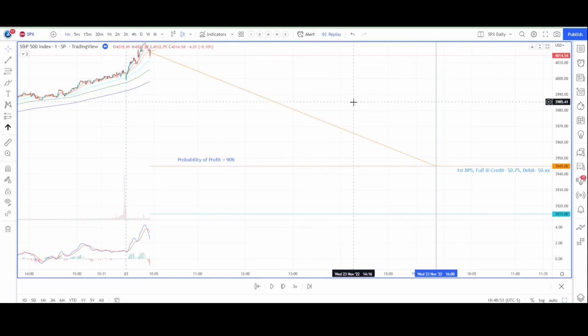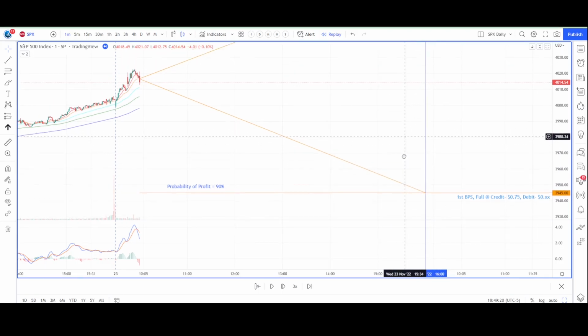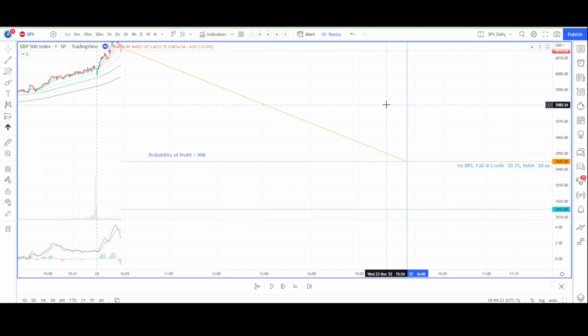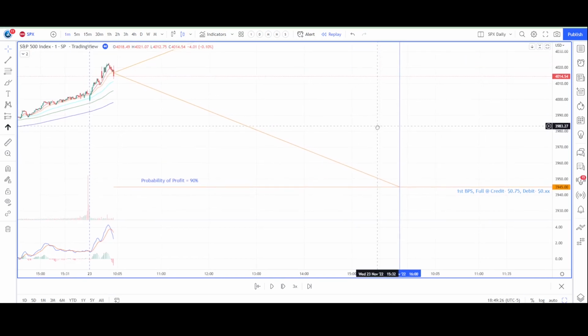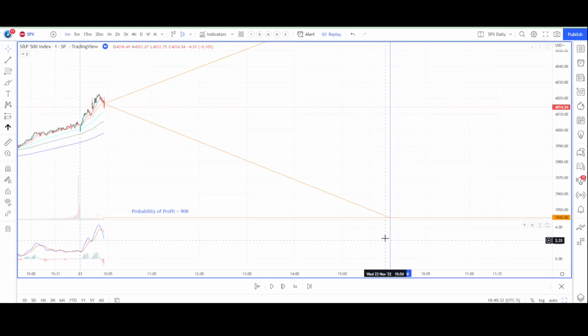Again, for this example, I received 75 cents for the spread. And let's just assume that my probability of profit at entry is 90%. This essentially means that if implied volatility remains constant for the remainder of the day, there is statistically a 90% probability that the index will expire above 39.45 at expiration. Now remember, at this point, we are profitable as long as the index closes anywhere above 39.45.